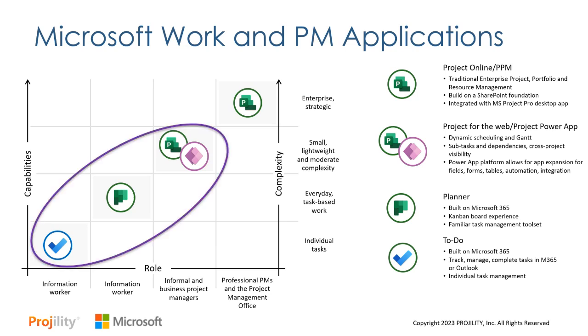And Microsoft took a hard look at this, looked at the collaborative work and enterprise work management market and said, there's really some commonalities here. And we're really looking to provide a single user experience across all of this. So the announcement in November was really that these are all being rebranded into the Planner suite. They're all going to be called Planner, and there's going to be different flavors of Planner around this, but essentially To Do is going to roll into Planner, and Planner is going to be the task and work management engine. Project for the Web is going to roll in and be a premium version of Planner with similar functionality it has today,